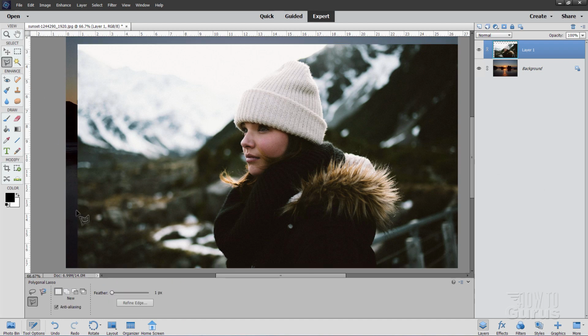Just grabbing a selection tool. I'll use the regular lasso tool here. You can make a lasso like this right around the girl. Make sure you get everything in here. You don't have to get super close on this, but close enough. Kind of like that. And then at this point, we'll be using Refine Edge and use that to cut this